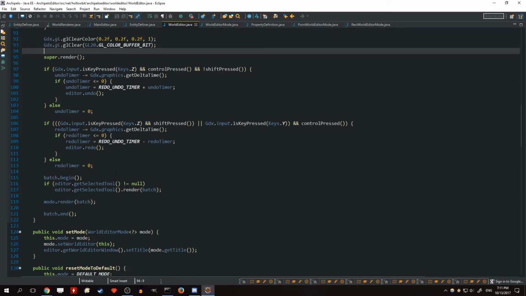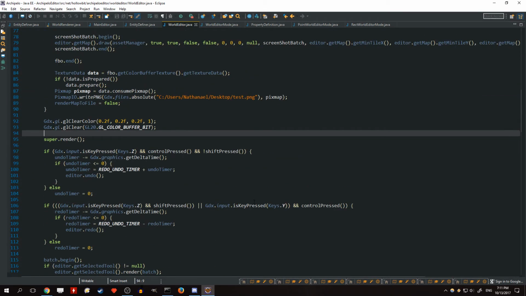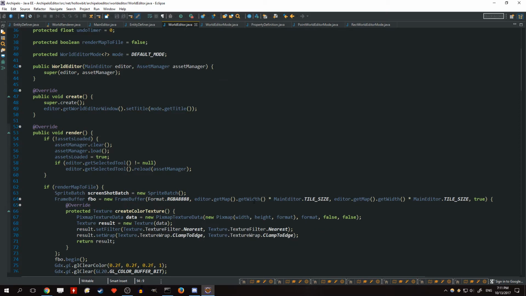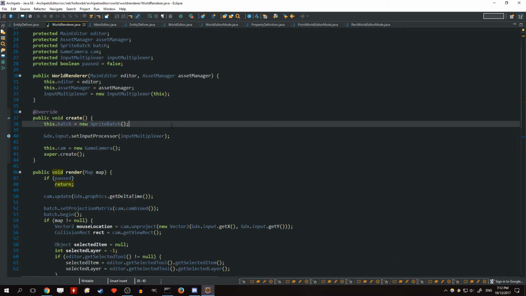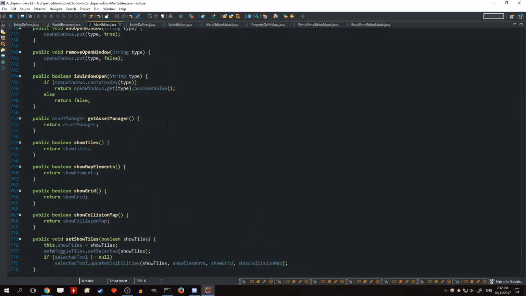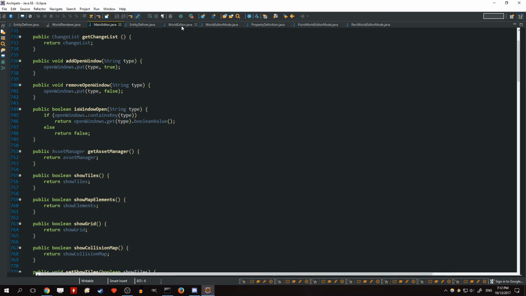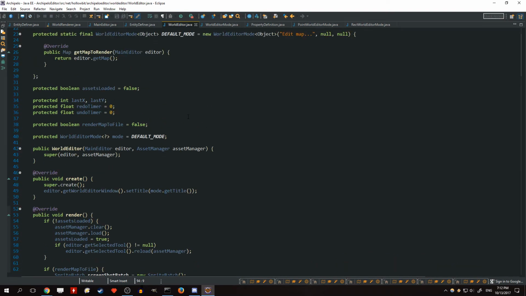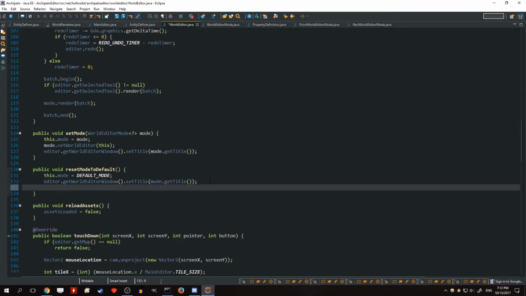Okay, so this looks okay now. One other thing I need to do is add the map editor to the input multiplexer. I love that name too, it sounds so cool. Input multiplexer. Actually, I'm going to need to remove it from the input multiplexer too. Can't forget to do that. So this will be